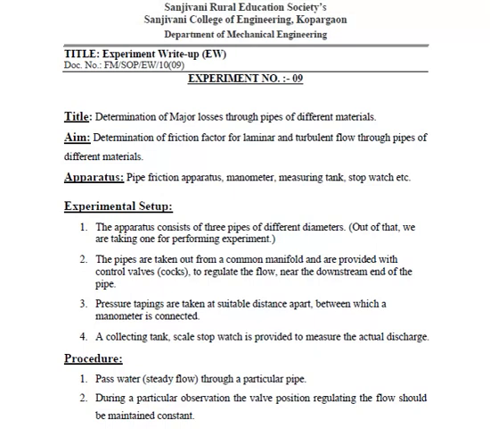Next, pressure tappings are taken at a suitable distance apart, with openings for the manometer. So the manometric difference head is also taken. Generally it is taken at 2 meters apart, so that we can find the difference delta H of the height, that is the loss of head. And the final part is the collecting tank.